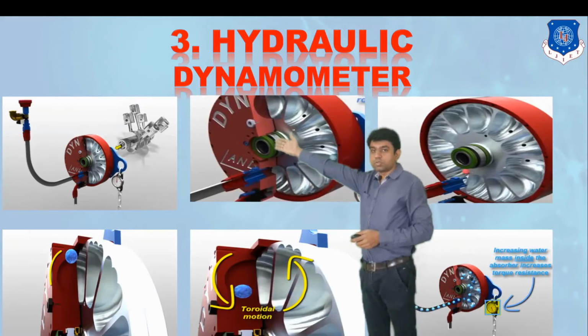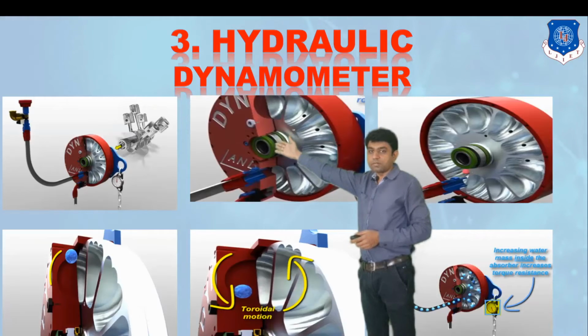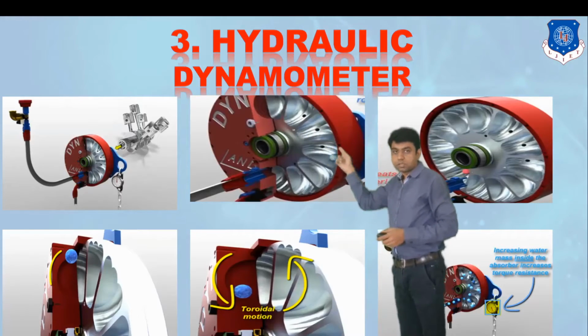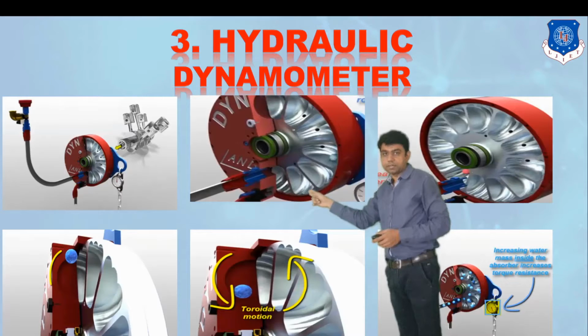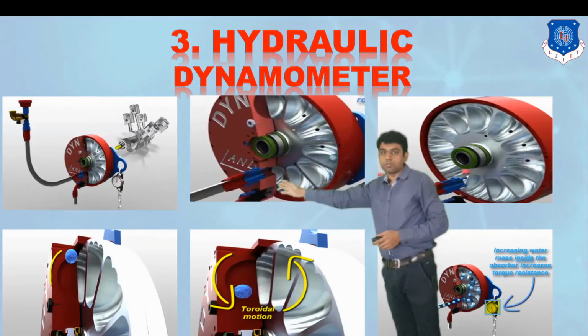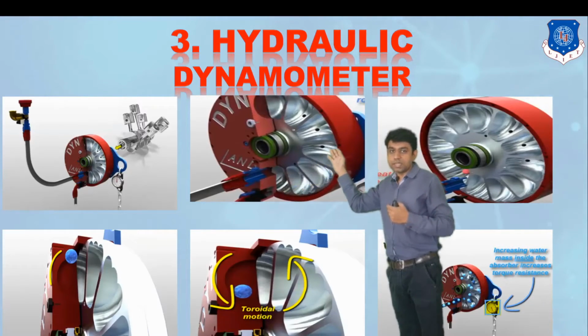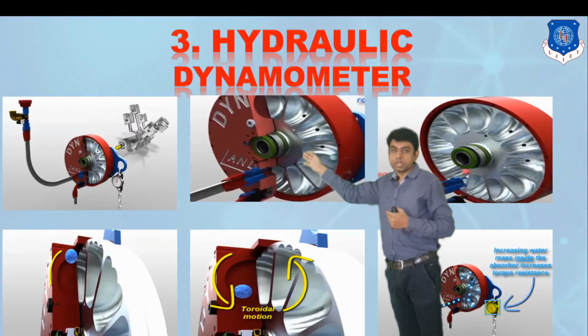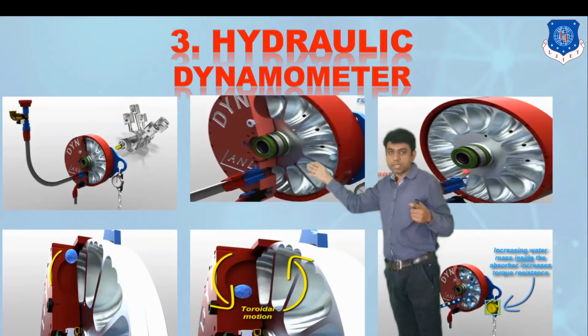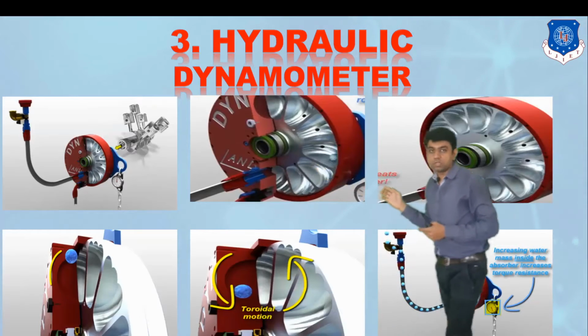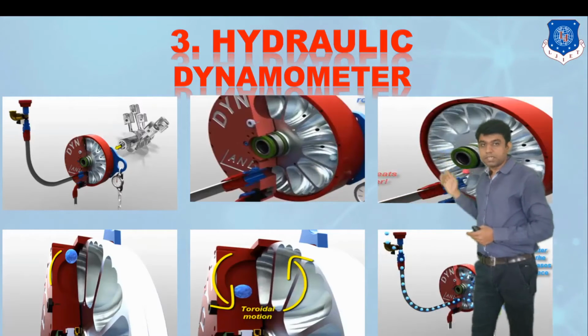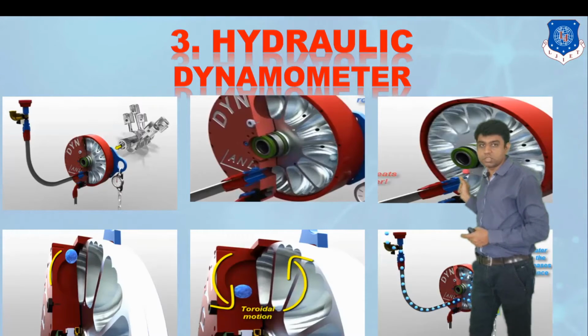The first diagram shows that the engine is coupled with this kind of dynamometer. This red color is the casing part, which has been attached to a moment arm. Inside that, the silver color region, which also has the spherical groove, is coupled directly with the engine shaft. So this silver region will be the rotating member. Now this silver region is rotating, and in between we are supplying water from an external pipe. The red region you are watching is a water droplet.